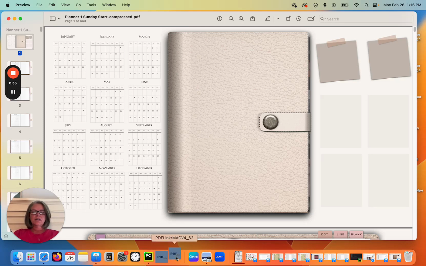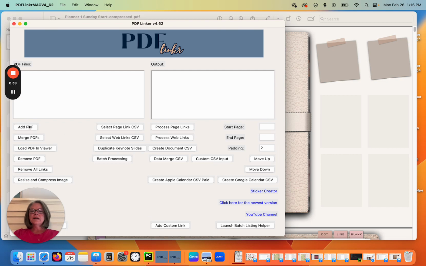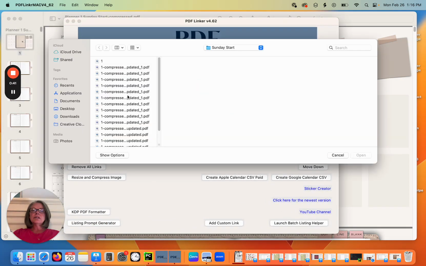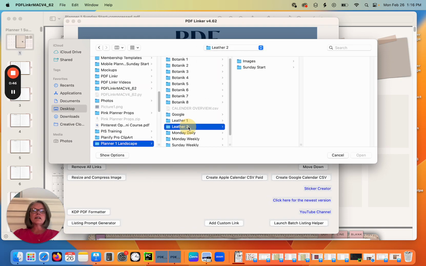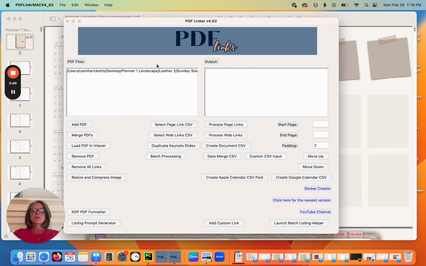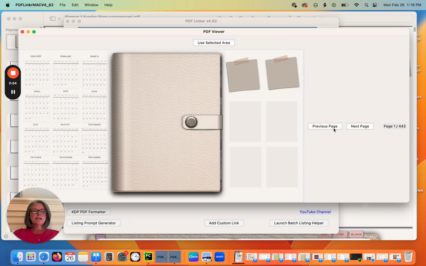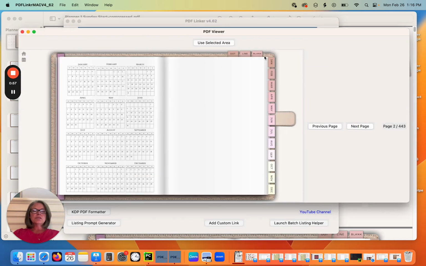So we're going to load up PDF-Linkr, and I am going to add my PDF. Let me go to the file that I am working in. The first thing I'm going to do is add the tabs to my entire planner. So I'm going to navigate to a page that has tabs on it, use my mouse and select the area that has my tabs, tell it to use selected area,